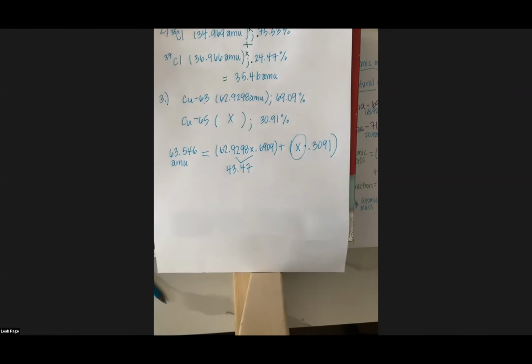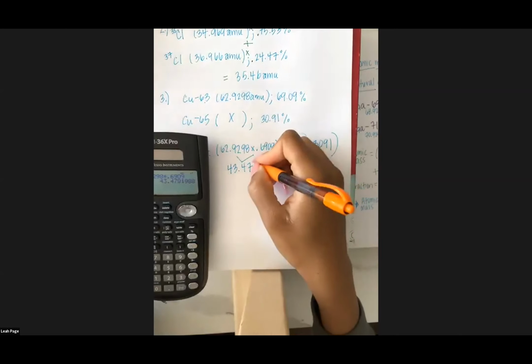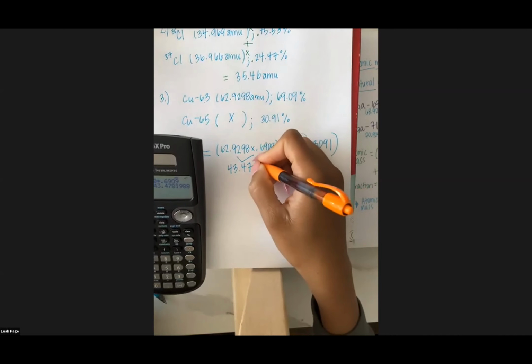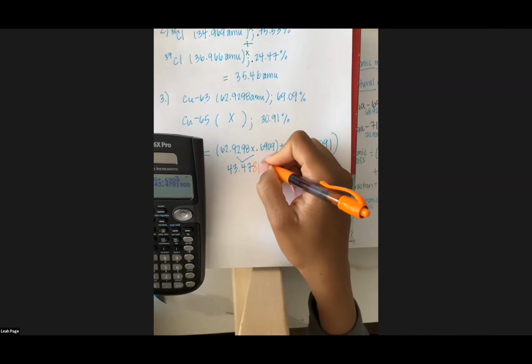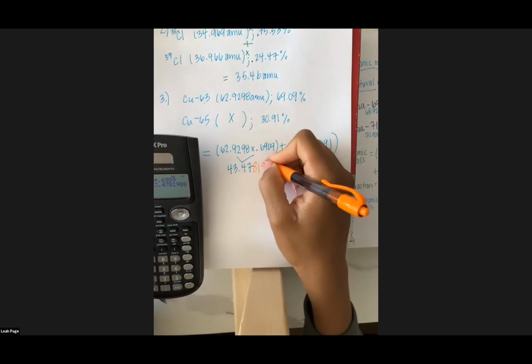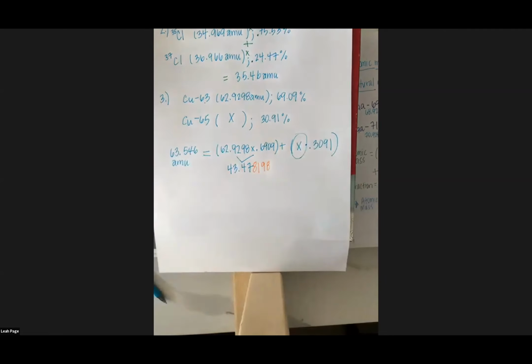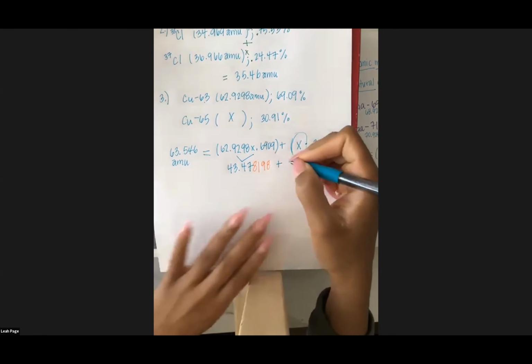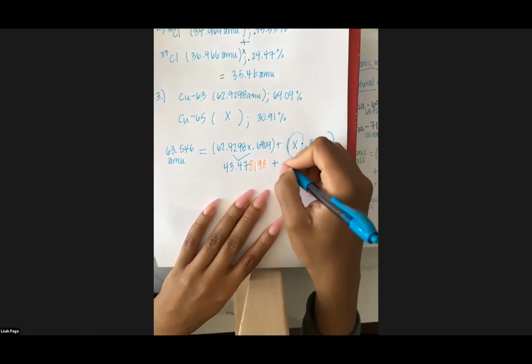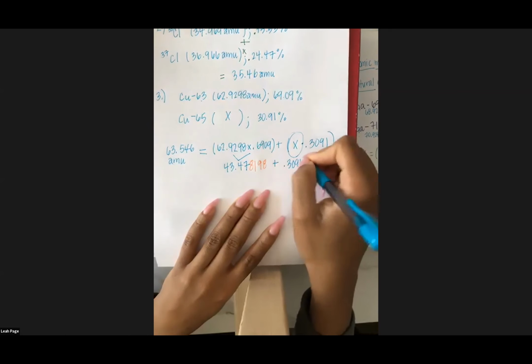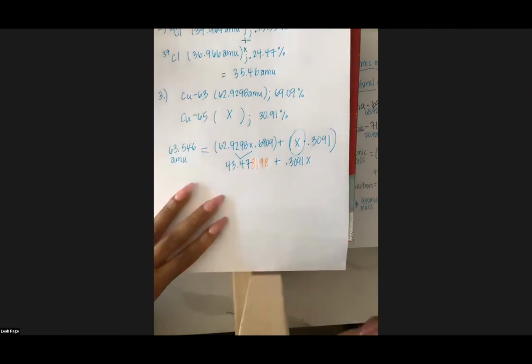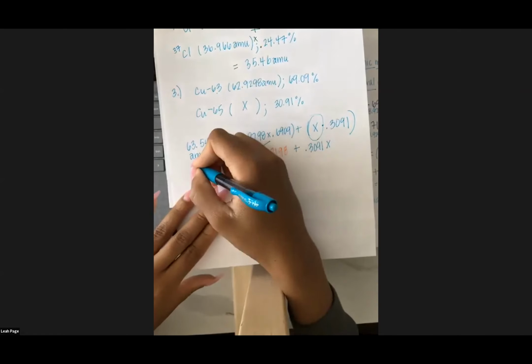And then I'm going to write the other ones in orange so I know that I'm just not rounding into the end. 819. And then I'm saying plus basically 0.091x. And all this is equal to